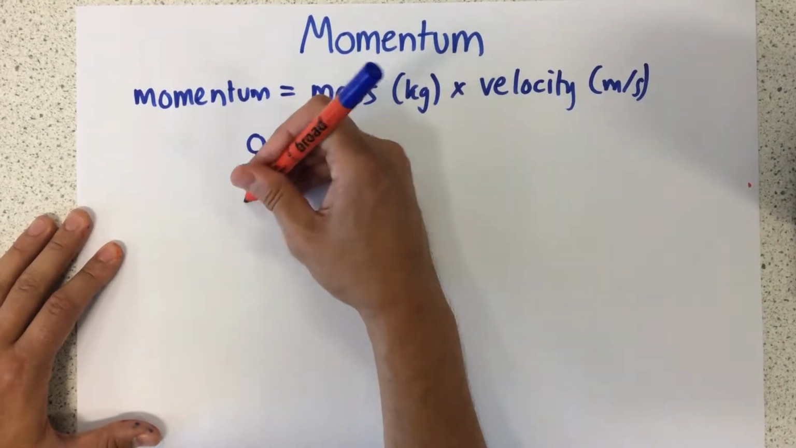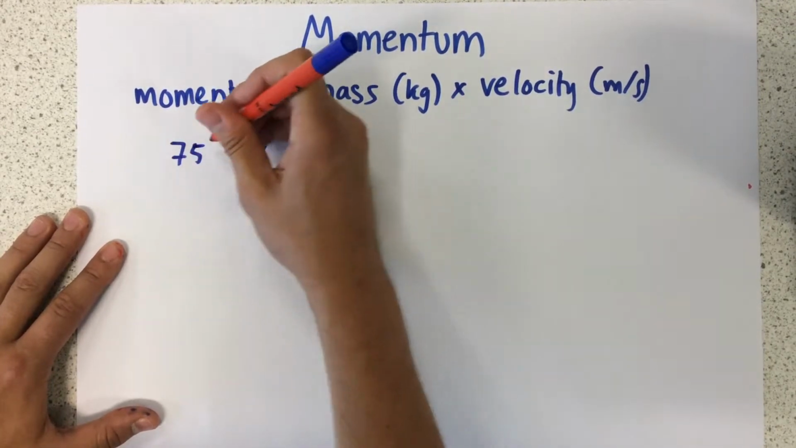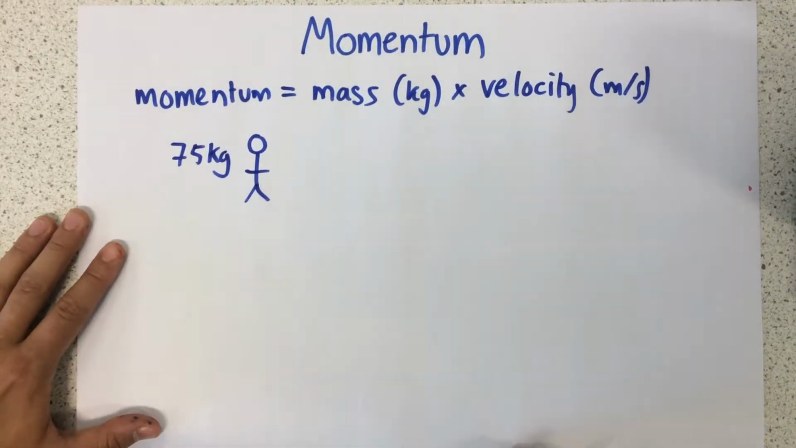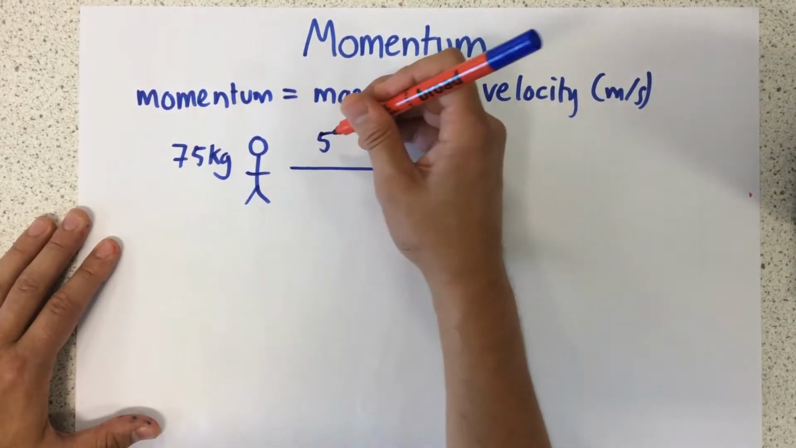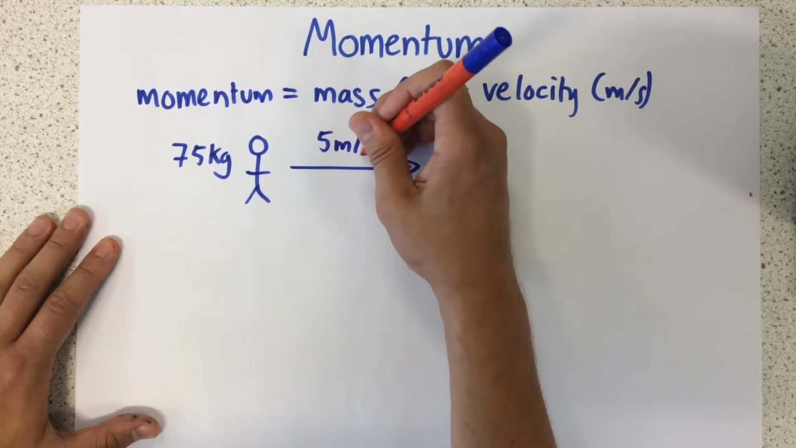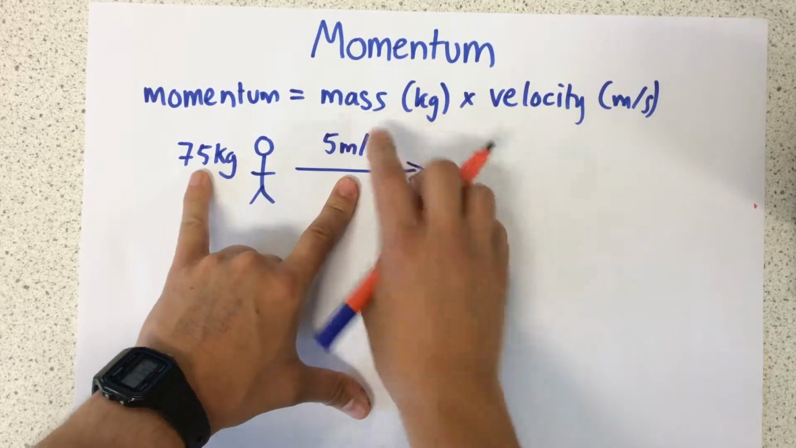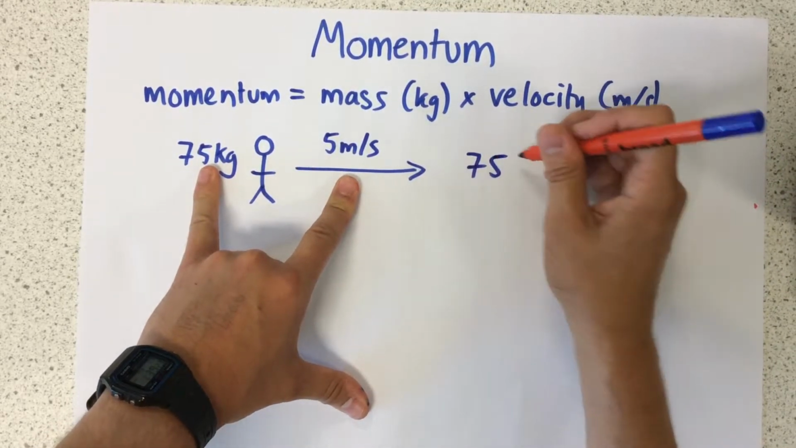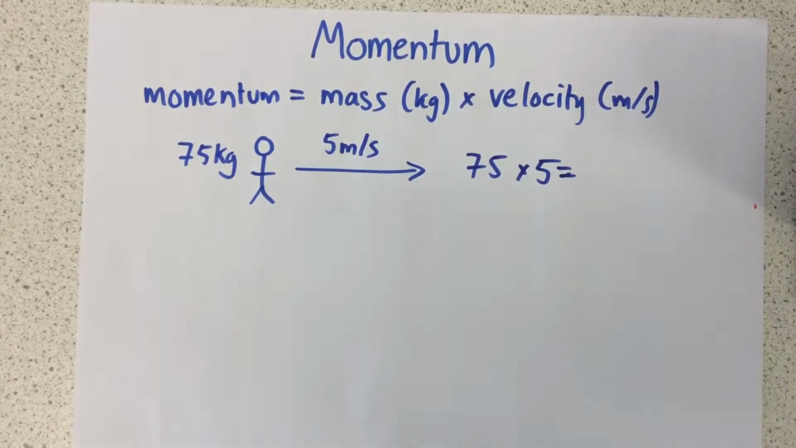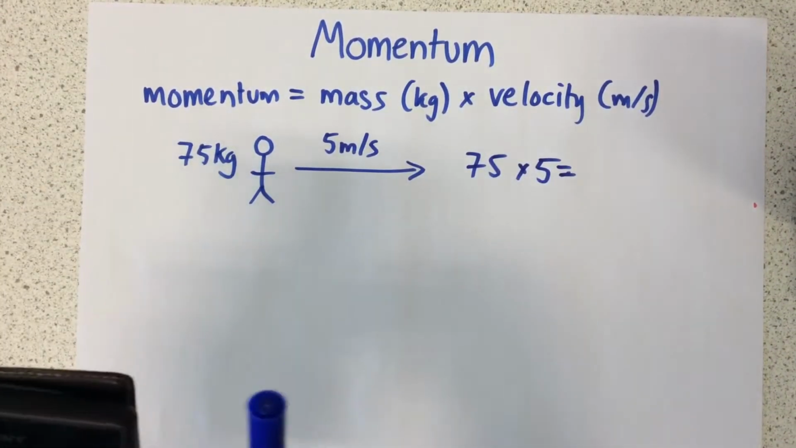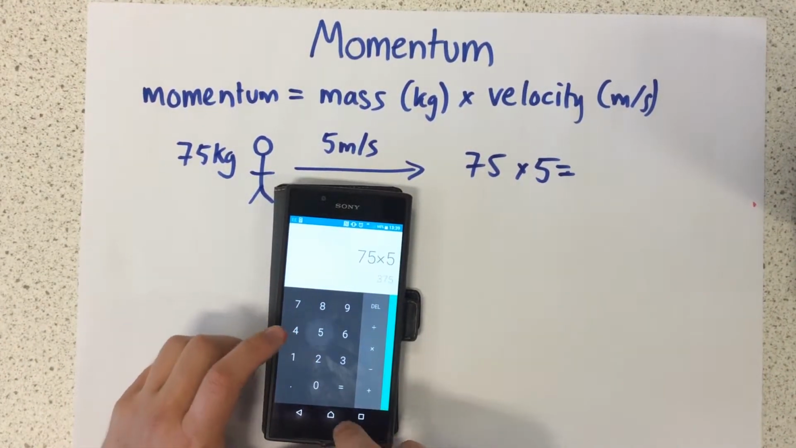So let's imagine I have a man right here. This man has a mass of 75 kilograms. Now, he might be running, or jogging, at a speed of 5 meters per second. To calculate his momentum is nice and easy. All I need to do is his mass, 75, multiplied by his velocity, which is 5. Even if you think you could do this in your head, remember we always double check using a calculator. So 75 times 5 is